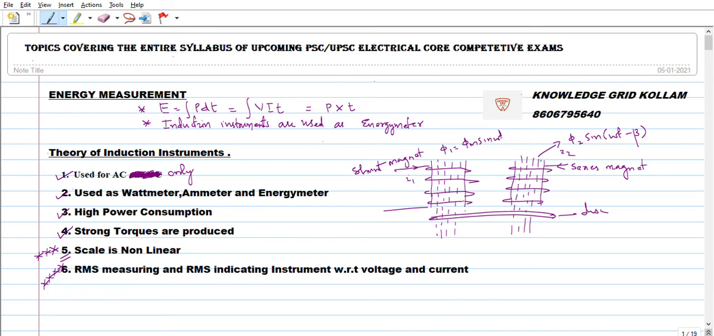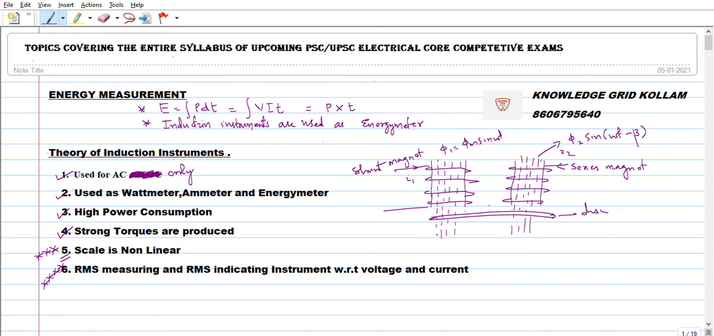Now we look at two magnets: one shunt magnet and one series magnet. The shunt magnet produces the flux phi 1, and the series magnet produces the flux phi 2. These fluxes phi 1 and phi 2 link with the rotating disc, and once linked, they induce an EMF in the rotating disc. So as a result, since the rotating disc is a closed path,